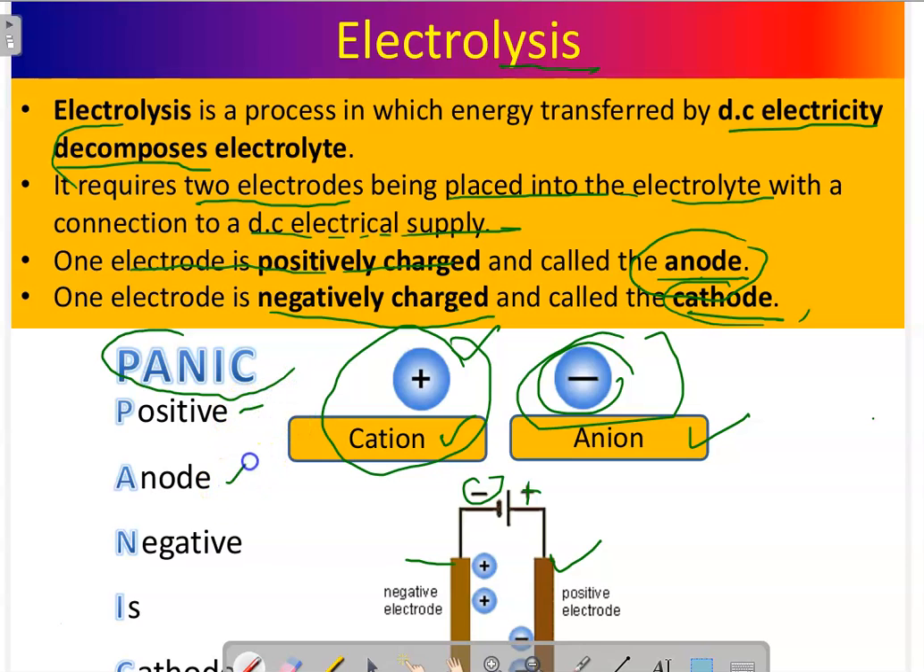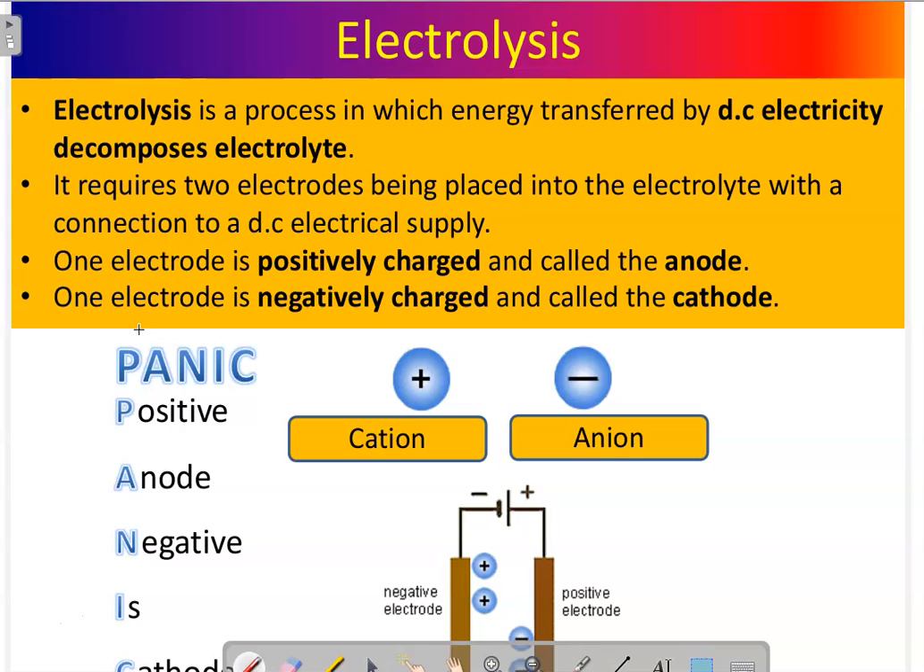Positive anode, negative is cathode. Okay, so the positive electrode is anode and the negative electrode is cathode. Right. Now,